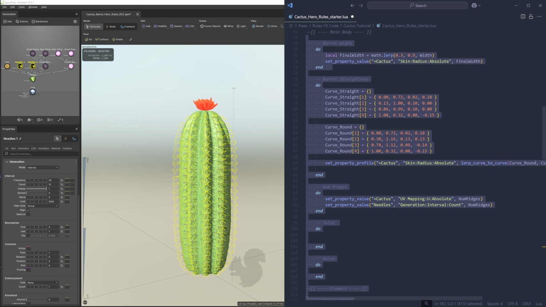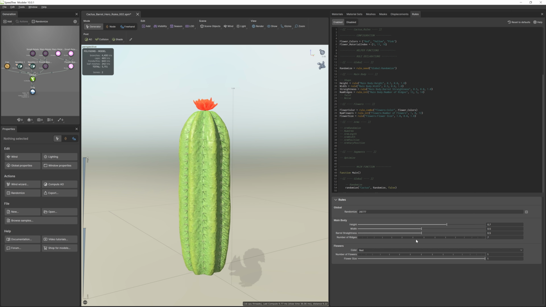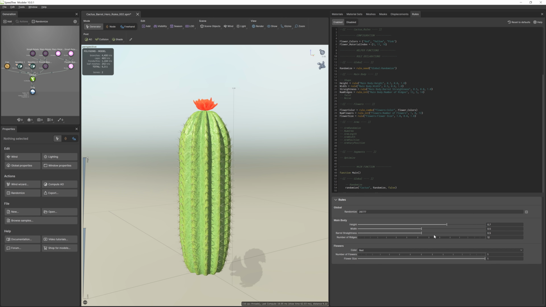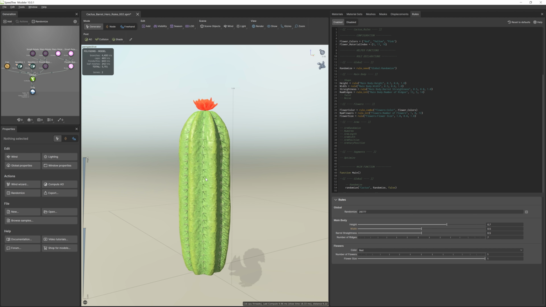Then we paste into the modeler, and it looks like the ridges and the needles are both increasing and decreasing, but we can see that something isn't quite right. When the number of ridges is odd, the needles are offset from the ridges.